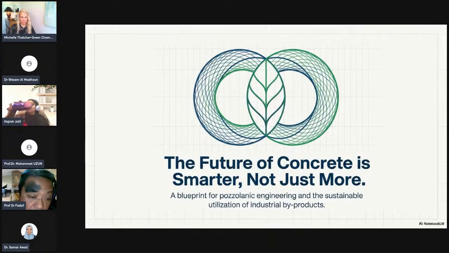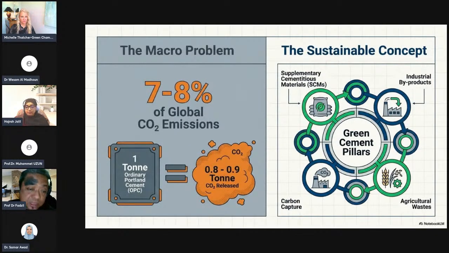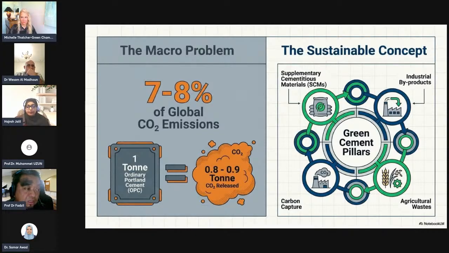So, as a start, I would like to share some of the biggest problems in the concrete industry. Just for information, concrete is the second biggest material being used in the construction industry after water. Normally in the construction industry nowadays, we are focusing on concrete. We also have steel, and timber as the main materials used in the construction industry. In order to produce concrete, the main material required is